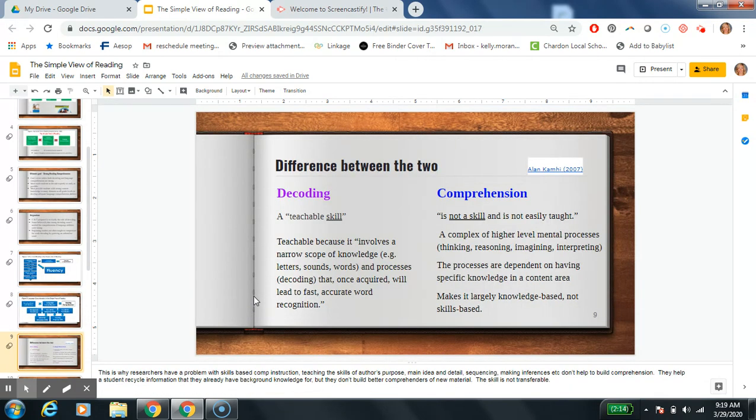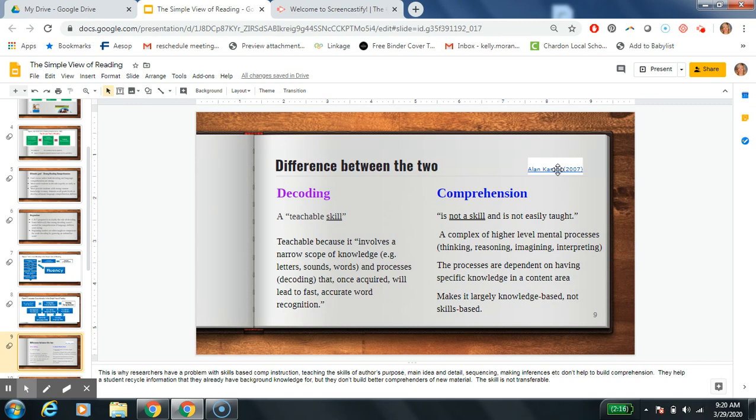So let's stop for a second and take a look again at what is the difference between the two skills we're talking about here. We're talking about decoding on the one end and comprehension on the other. These definitions came from Alan Kamhi. He's written over 10 books, I believe. His bio is linked here. He's a current professor and reading researcher and has done a lot of work with the simple view of reading